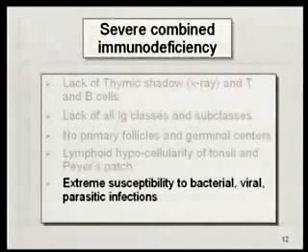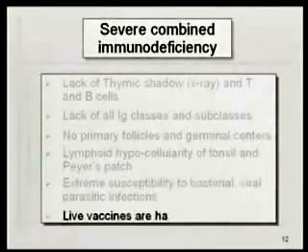They will be extremely susceptible to all infections, be they bacterial, viral, or other pathogens. That's why those babies are kept under sterile conditions, and sometimes they are referred to as bubble babies, which you have probably heard of. Okay,